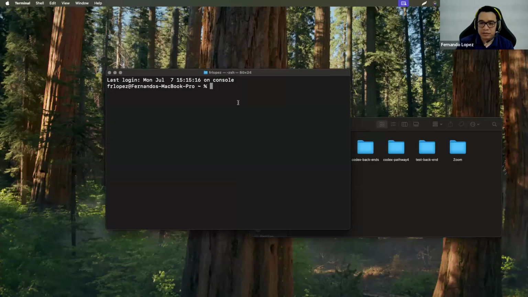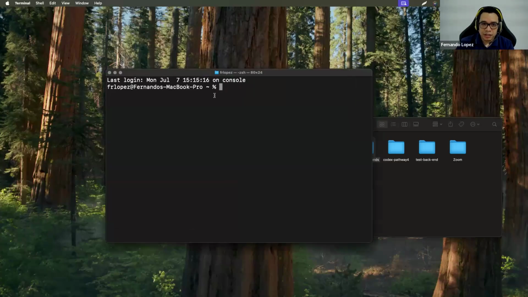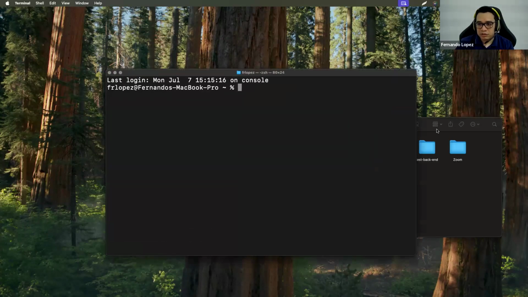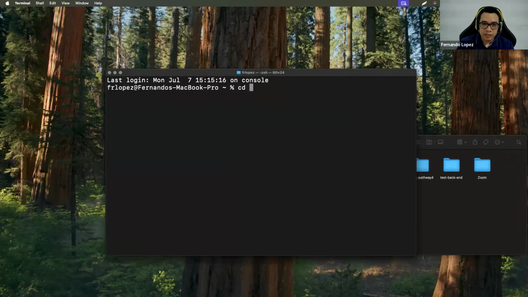So I will access this folder. In the terminal, you need to access first the documents folder, so it will be cd documents. As you see, the path of my terminal is a new one, so I am inside of the documents folder.